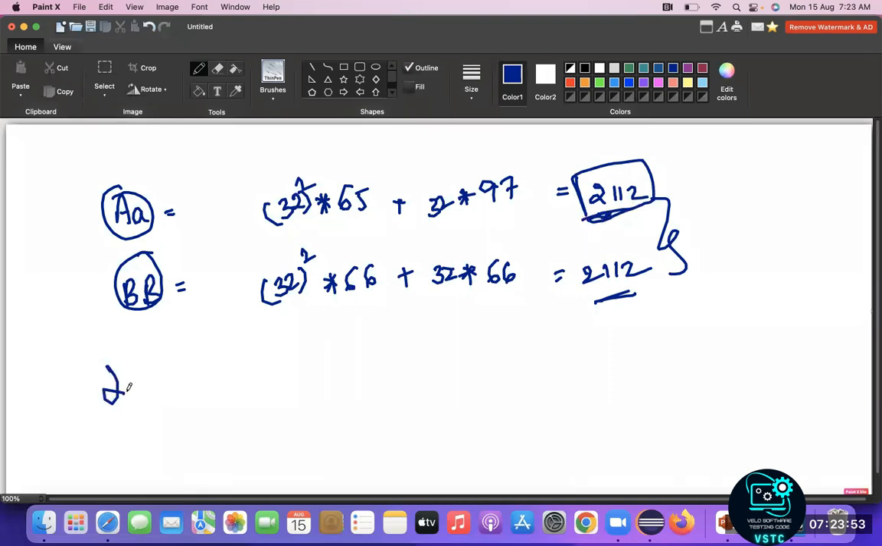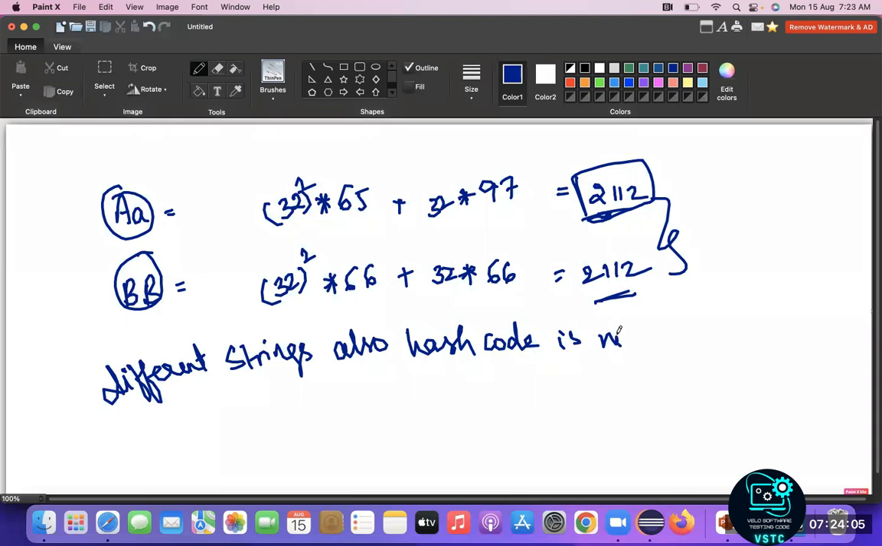That means for different strings, the hash code is the same, which is violating our rule. What is our rule? For different strings, different hash codes should be generated. So whatever logic they implemented to generate the hash code failed in this case. The second attempt also failed. So what they came up with next